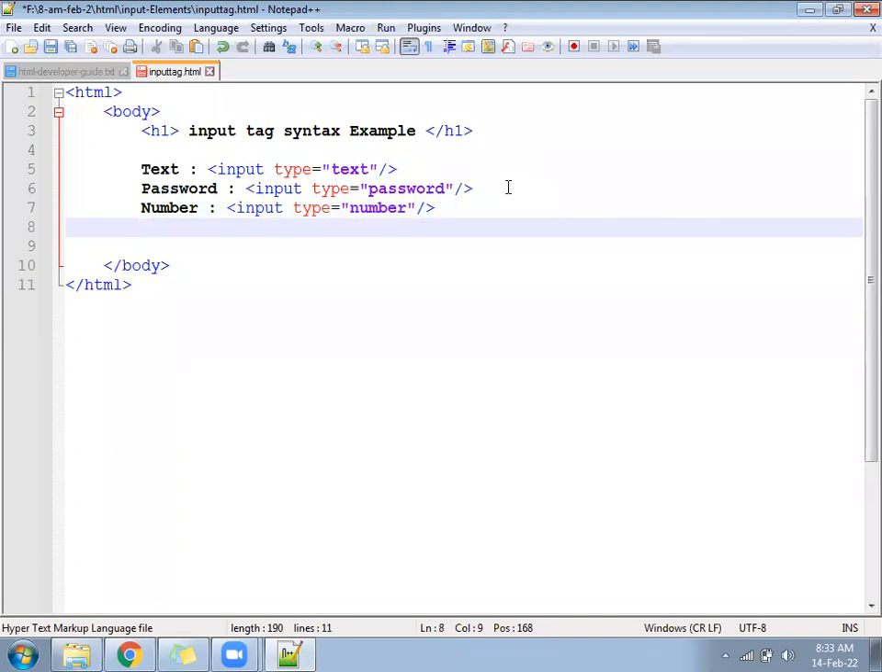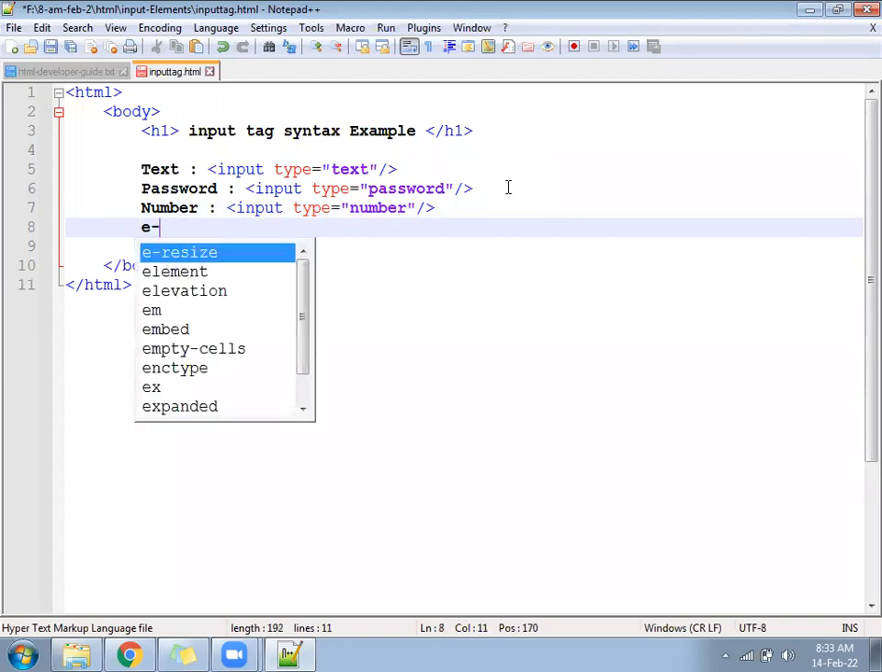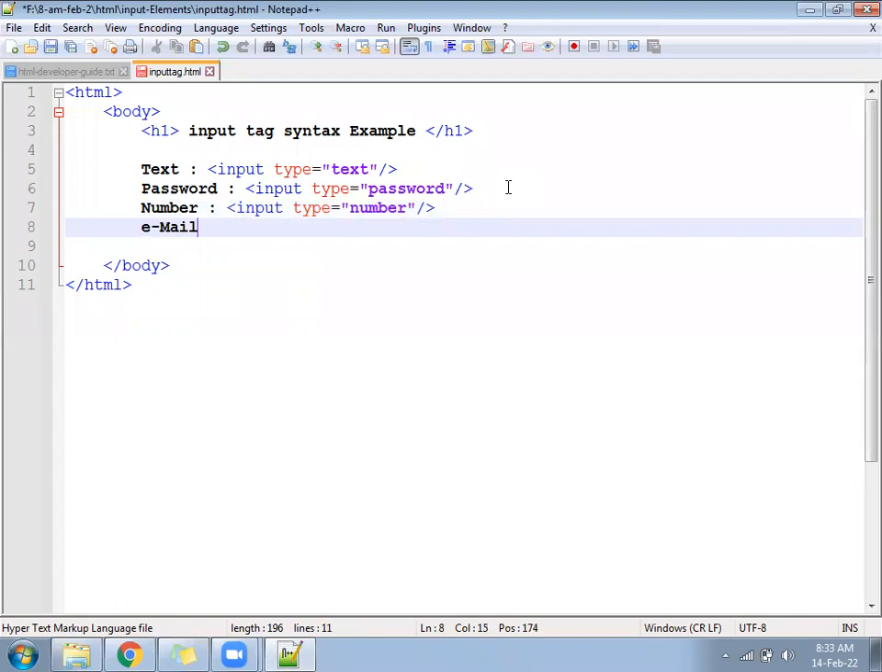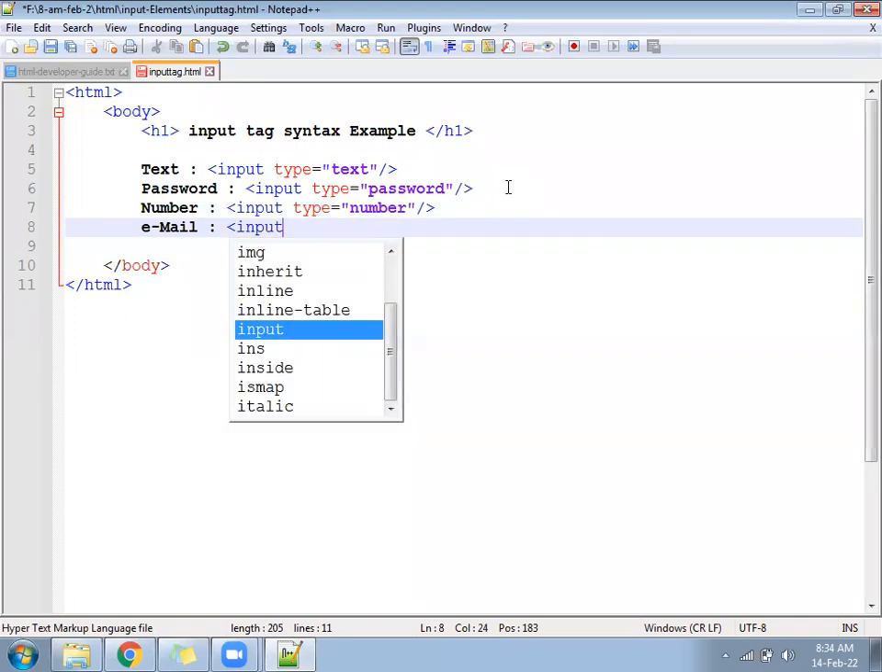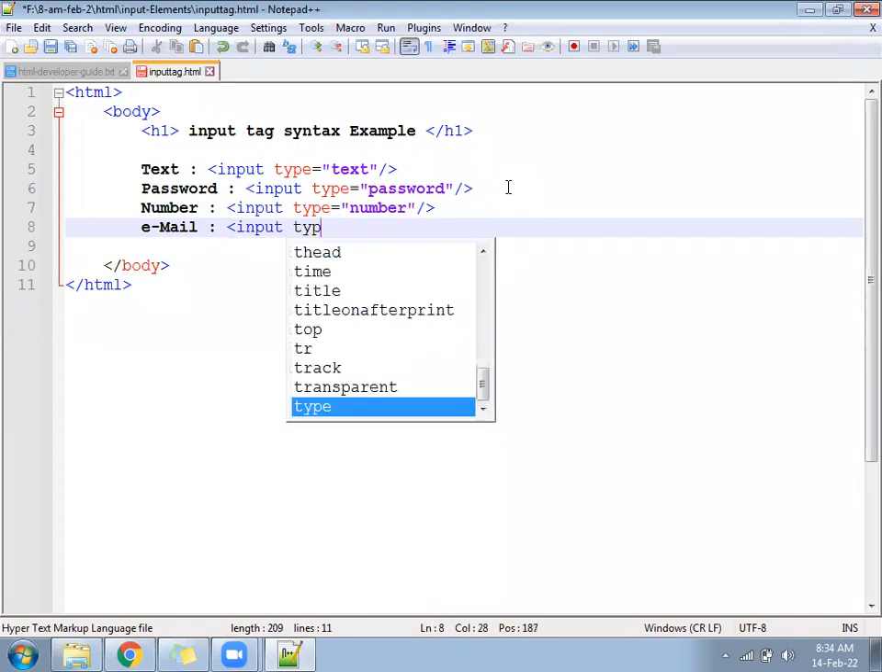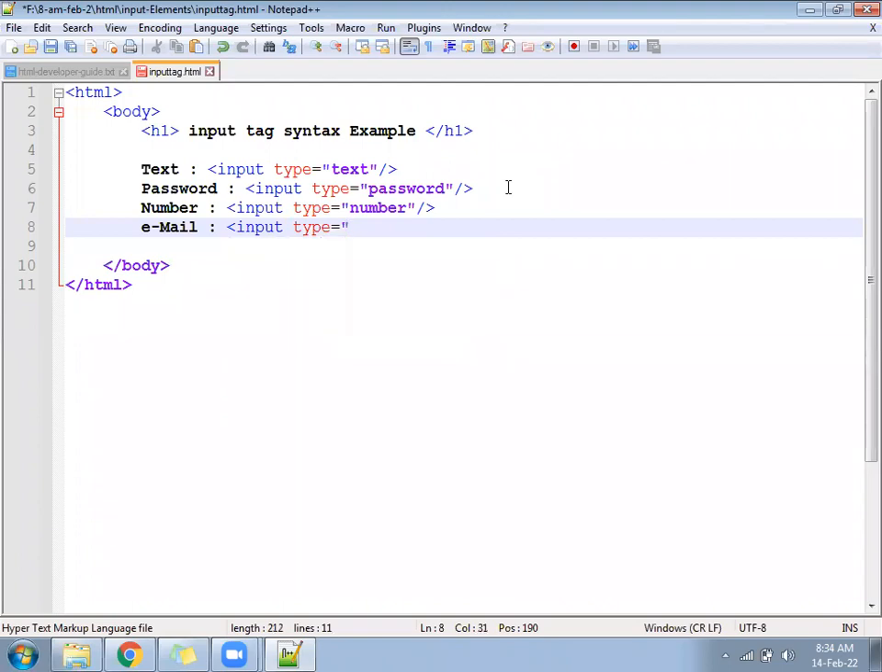Next, after that, we have another inline element that is called email. Email will ask the user to enter an at the rate symbol and a website name. So suppose input type equal to email. Now it will not prompt anything if you are not entering at the rate or any domain name,